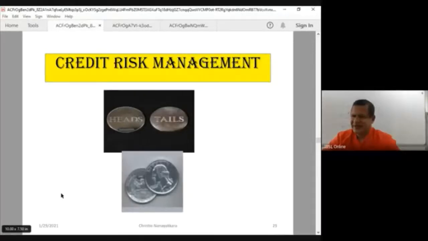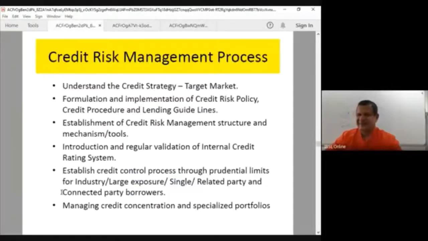So I would say this is part of the same coin, but two sides of the coin, can be heads or tails. Credit management and credit risk management is the same coin, but there are two sides to it. So we'll see the credit risk management process. Now I also need to elaborate another area,